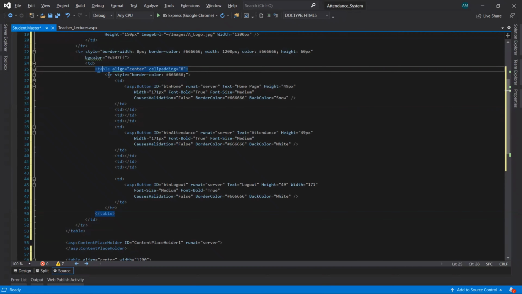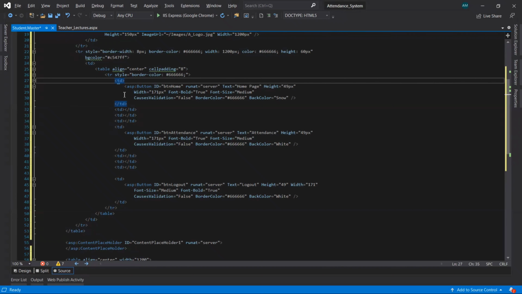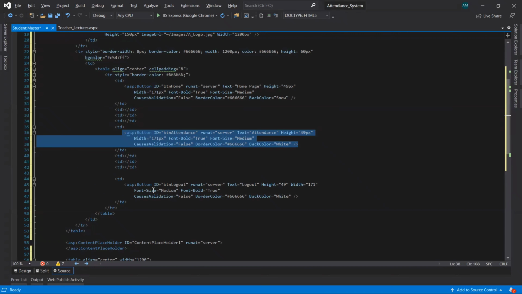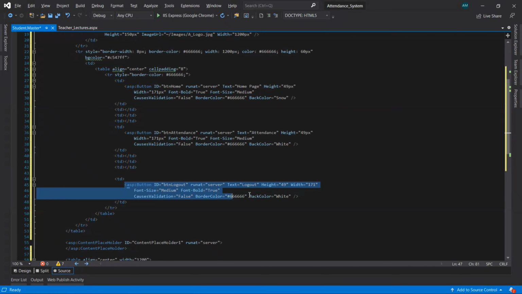Inside this table I have taken one table row with multiple table data, but in three of the table data I have taken the actual content, that is the button. I have taken three button controls in different table data.